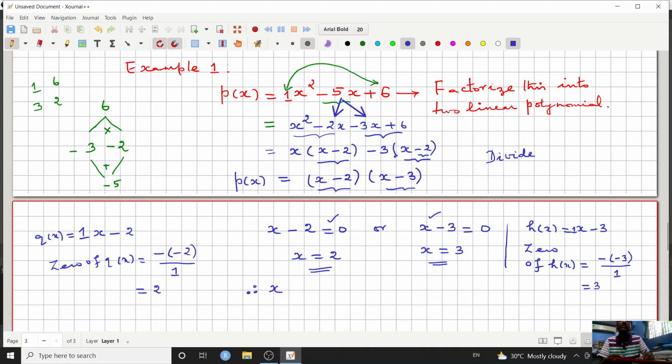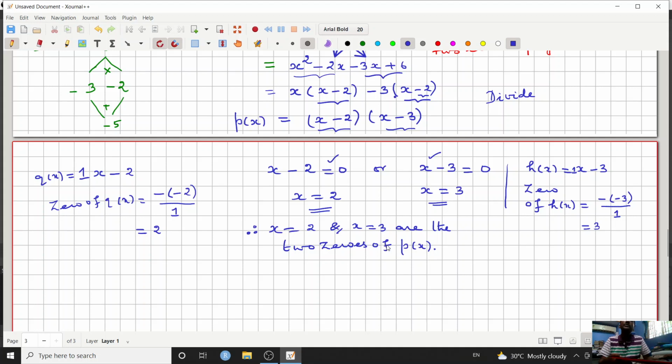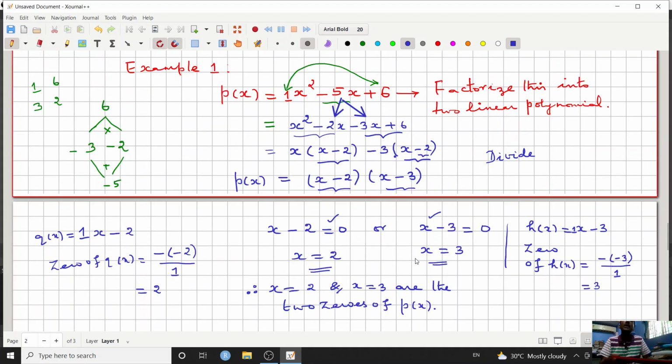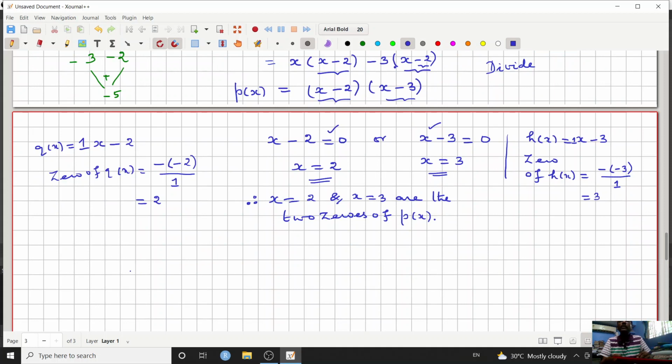Using that we can find the zeros of the quadratic polynomial. Therefore, what is the conclusion? Therefore, x is equal to 2 and x is equal to 3. They are the two zeros of the quadratic polynomial p of x. Now we are going to see what is its meaning. Okay. See, if you take the polynomial